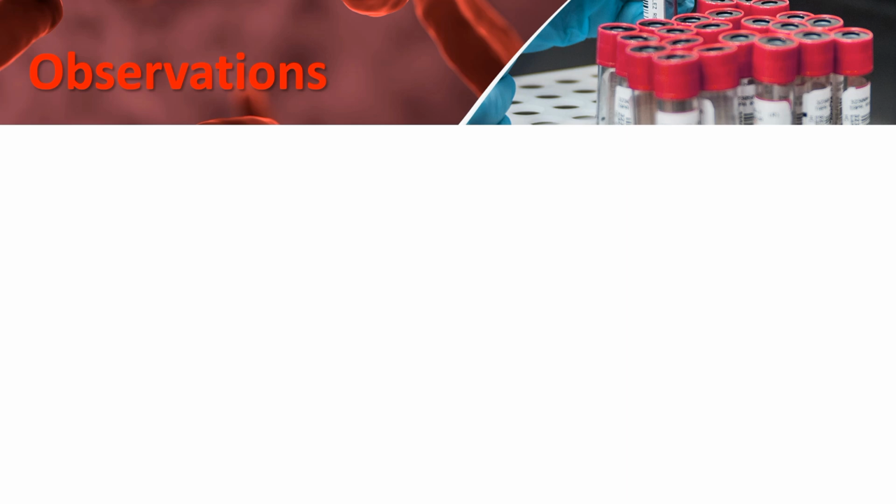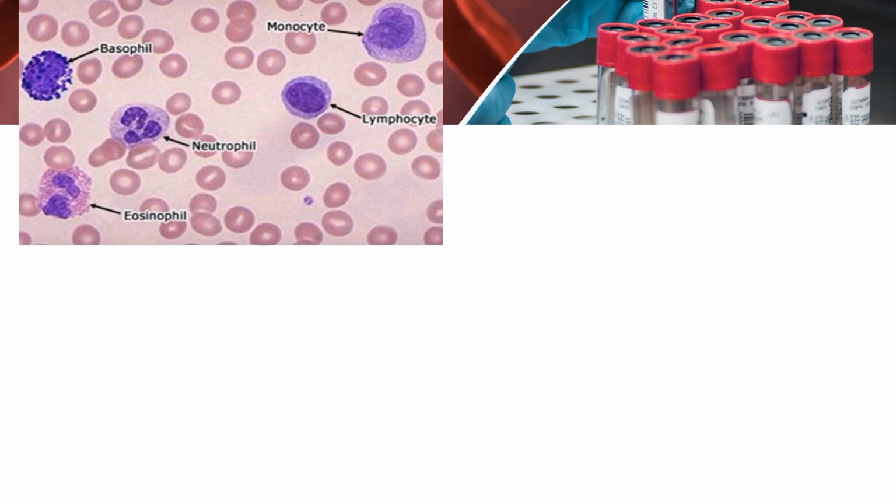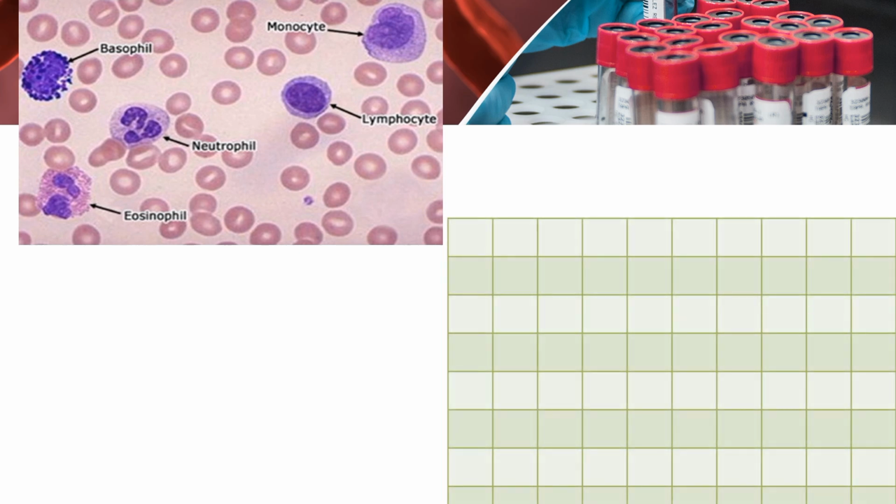When you place the slide under a microscope, cells will appear like this. This is your first field. Now draw 100 squares on a paper and fill these squares with whatever type of white blood cell you see in this field. As you can see, all types of white blood cells are present in this field. So, you will write B for basophil in first square,